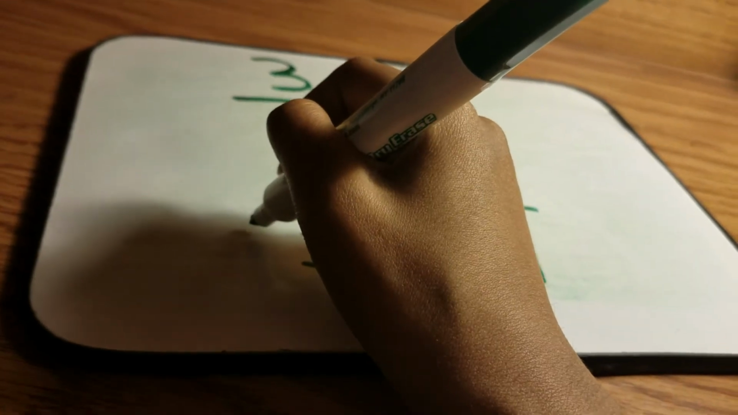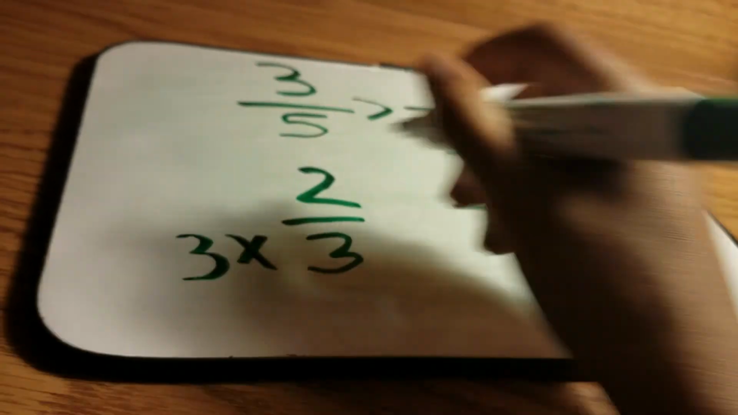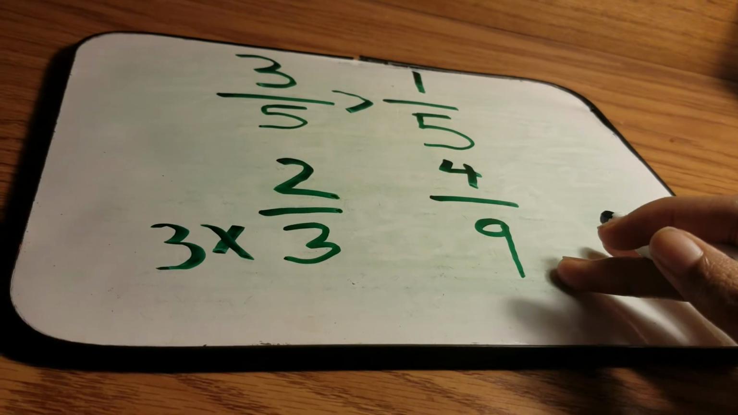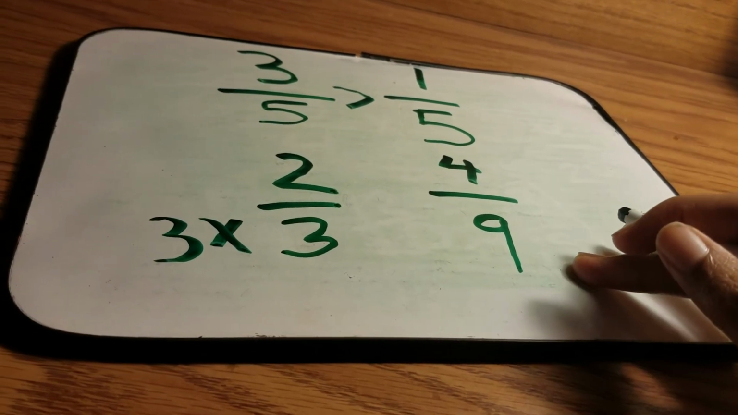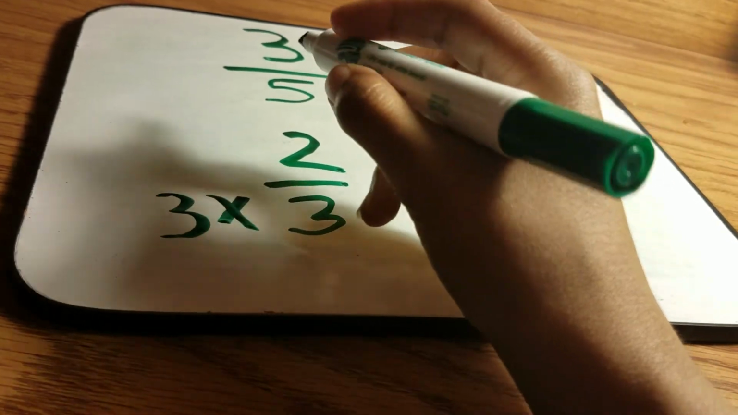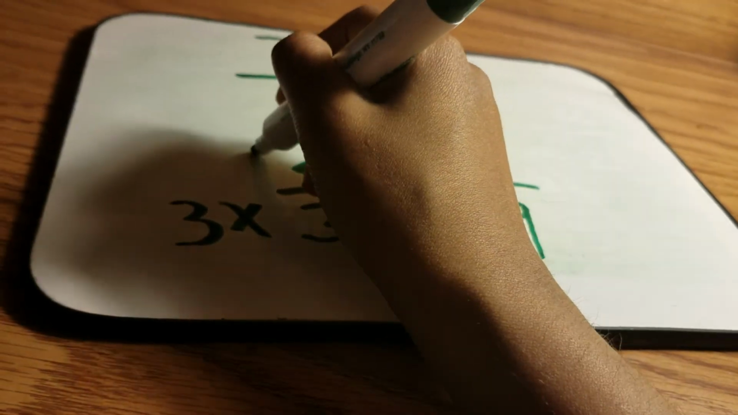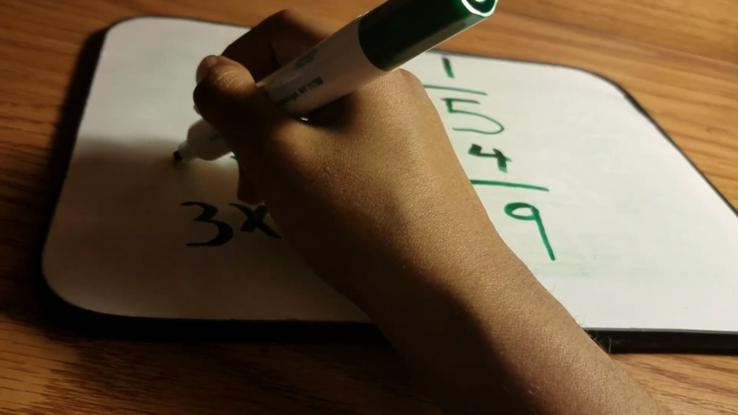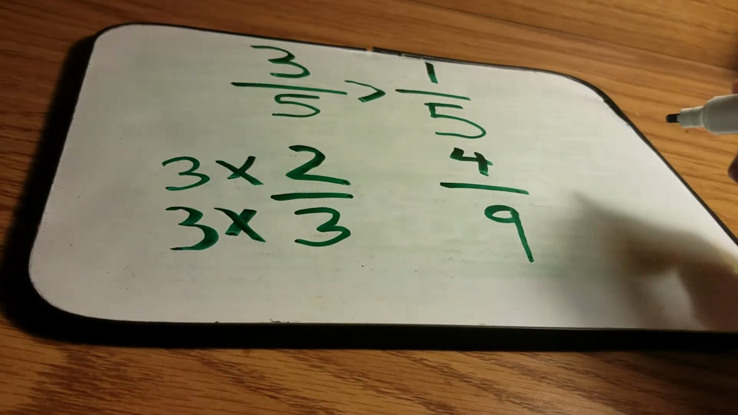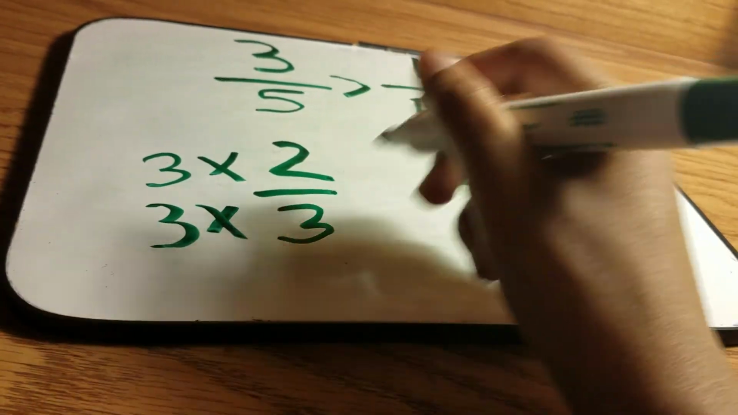So what I'm going to do is multiply 3 times 3, because we want our denominator to also be 9. That is the least common multiple. So we're going to multiply 3 times 3 and 2 times 3. Which would give us 6/9